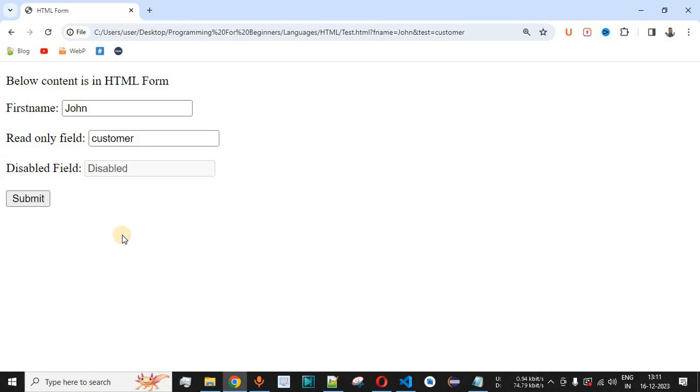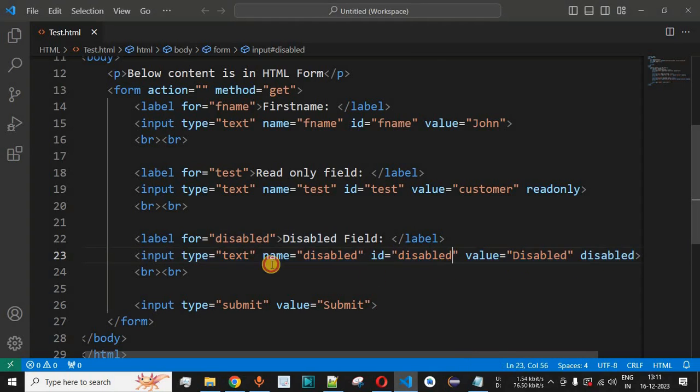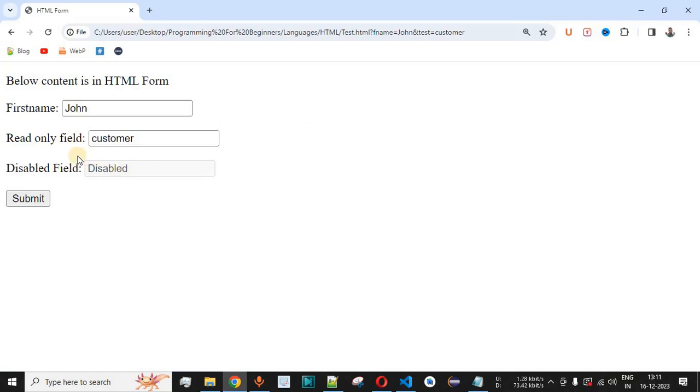So in case you have any requirements in the project where you want to disable a particular input field as a part of functionality in such a way that you don't want that particular field value to be passed to the server, then simply you can provide the disabled keyword to the required input field over here, so that the user is no longer able to modify that input field and the value will not go to the server.